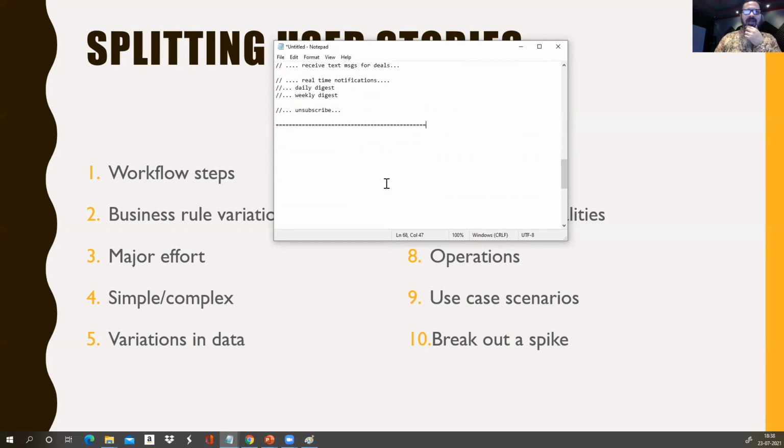Now, when we talk about variations of data, splitting the stories based on variation in data, data variation is nothing but based on some source data or existing database, or whatever data we may have, we can build incrementally based on the kind of data which we have. For example,